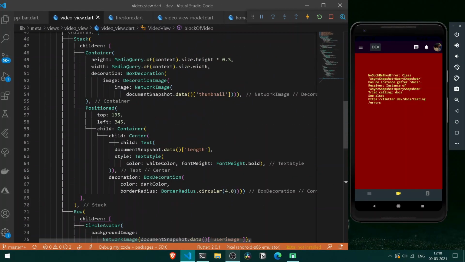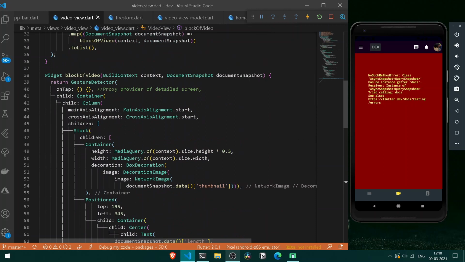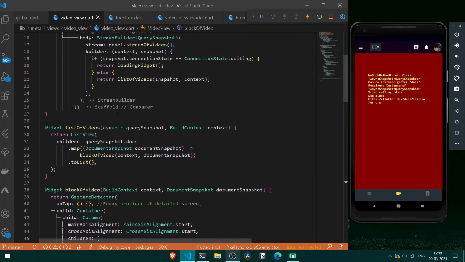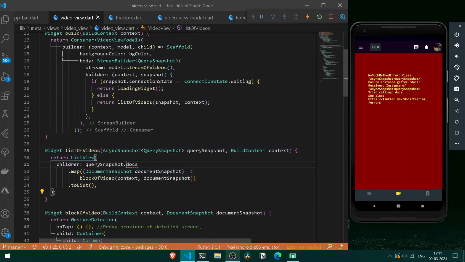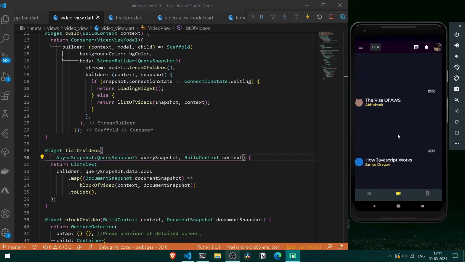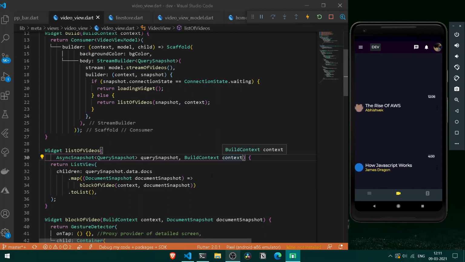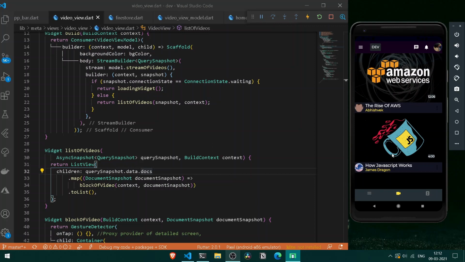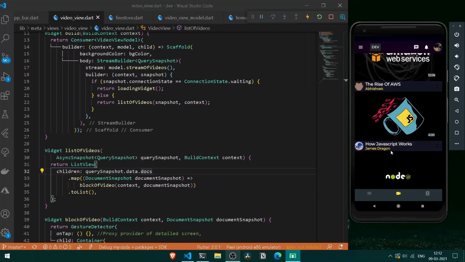So now we are simply getting a new error that the following document snapshot, that is our sync snapshot, cannot be assigned to the type. So now let's fix it up. To fix it up we can simply have data.docs, easy thing, format document once, and now let's test it out. So here you can see we are now getting all of our videos which are looking very awesome. Let them load it up. Alright, so now you can see we are getting all of our videos under a proper shape, but